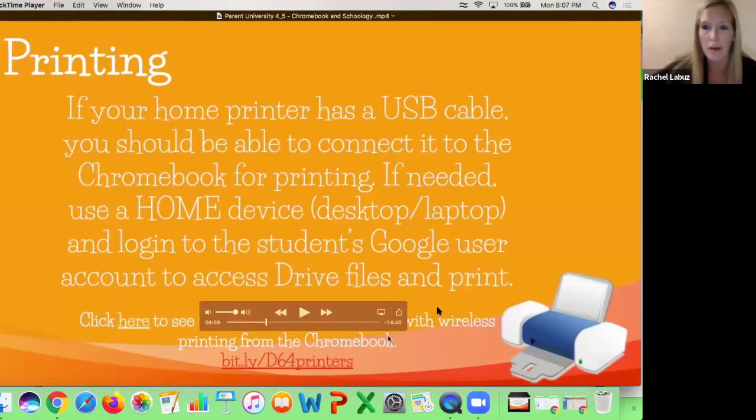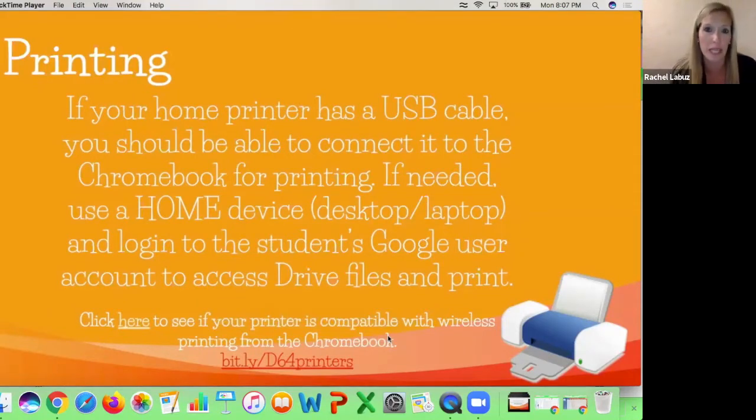And a comment about that, a couple things. So again, if your home printer does have a USB cable, you could plug that right into the Chromebook for printing, and check out that link if you want to see if your printer's compatible to do wireless printing. However, if there's a device that you print effectively and efficiently from your home,